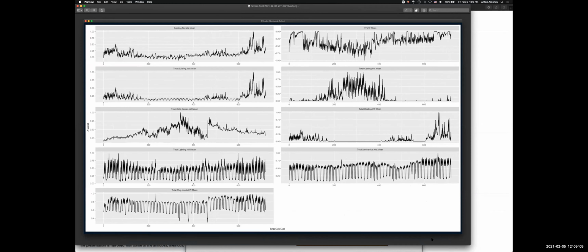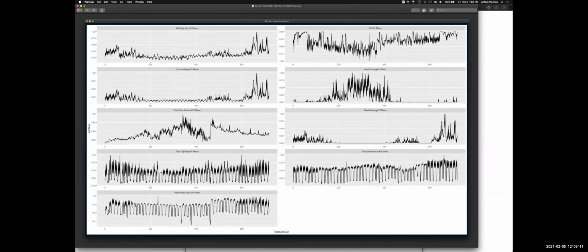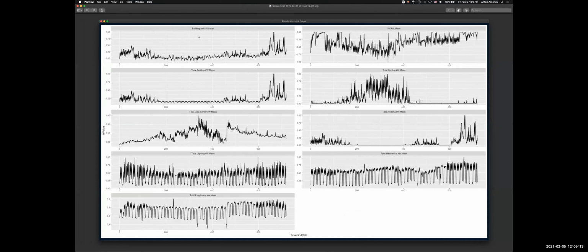Let me bring up an example. This is energy consumption data from the National Renewable Energy Laboratory. The time series represent energy consumption. You can see how, for example, the cooling inversely correlates with the heating: when the heating is on, the cooling is not on.